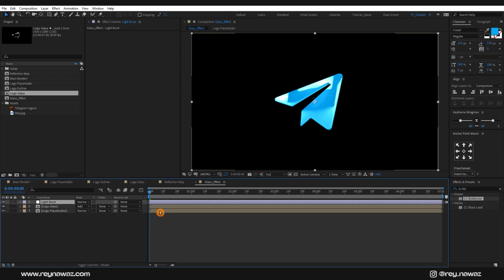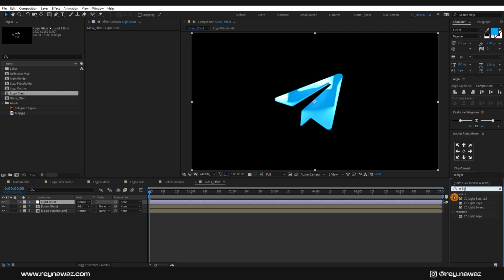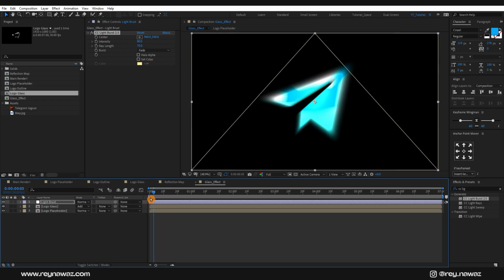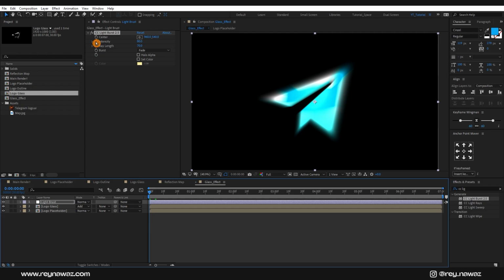brushed like this. After that, go into effect and preset window and search for CC light brushed 2.0. Drag and drop it here and change the intensity to somewhere around 80% and ray length to somewhere around 70% like this. Perfect. And make sure you are at the very beginning of your animation and add a keyframe on